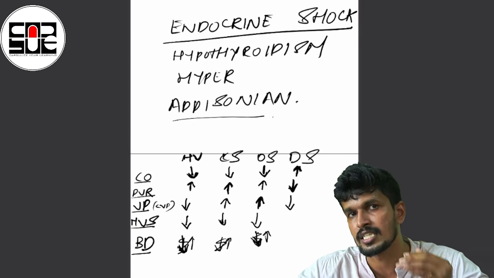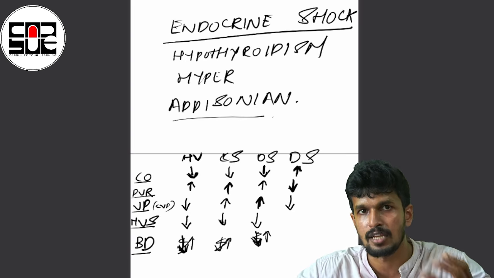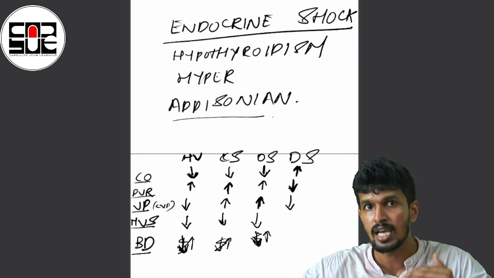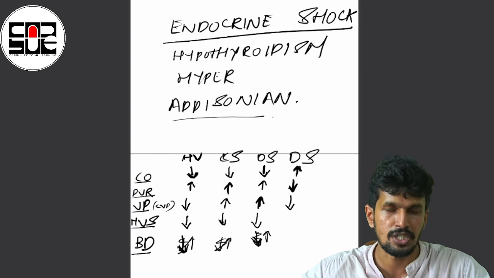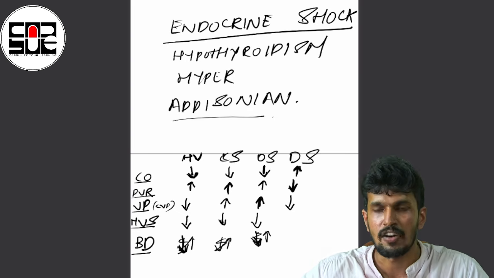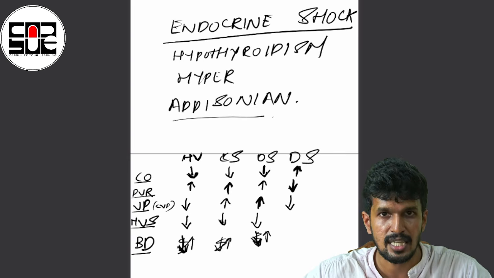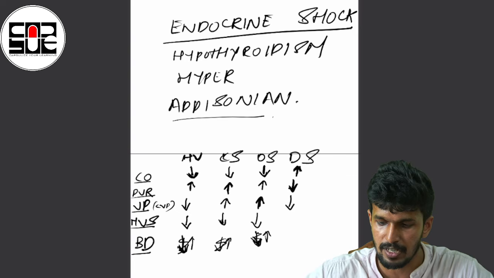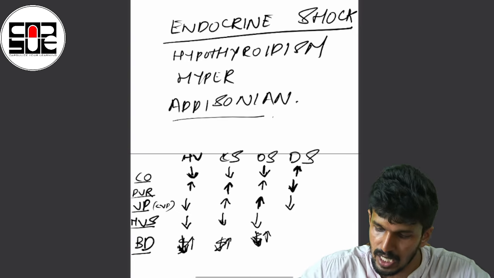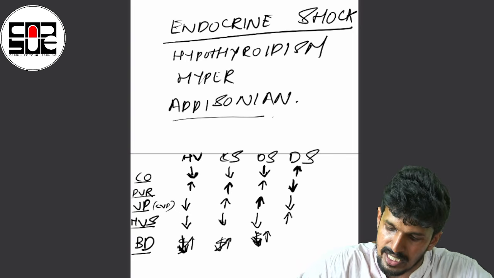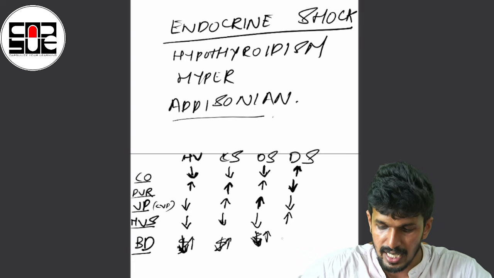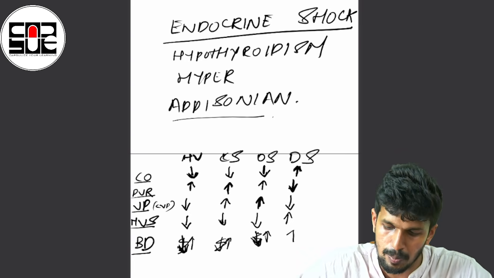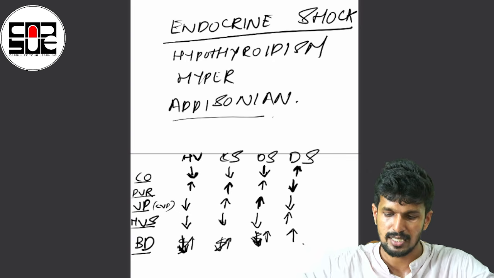Whenever the oxygen reaches the tissue, it won't be able to uptake. It won't be able to take up the oxygen due to the bacterial endotoxins or the other etiologies which are causing these issues. The demand will be there, but the oxygen cannot be consumed by the peripheral tissues due to bacterial endotoxins. So mixed venous saturation will be increased. And the last thing is base deficit. As I told, it's also a case of metabolic acidosis, so base deficit will be increased.